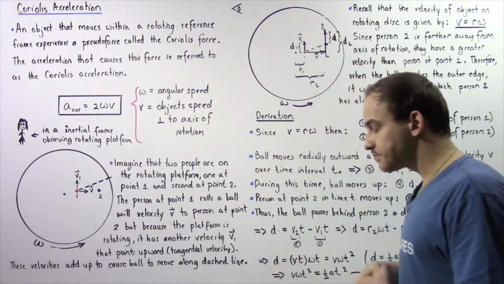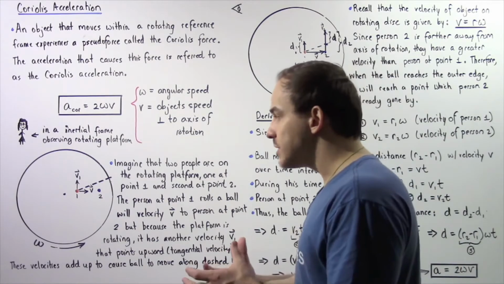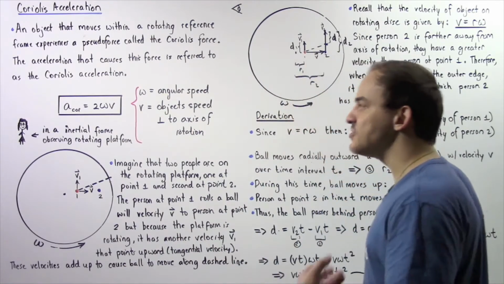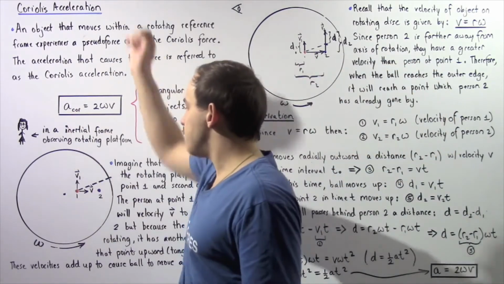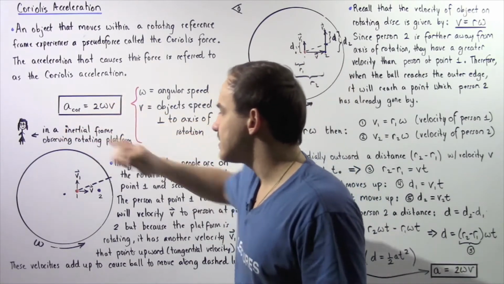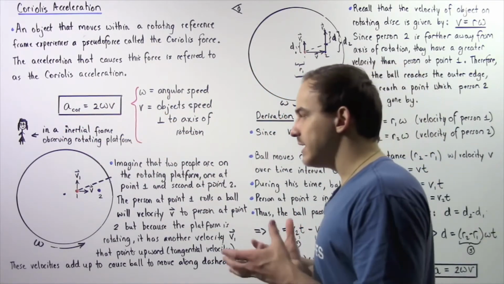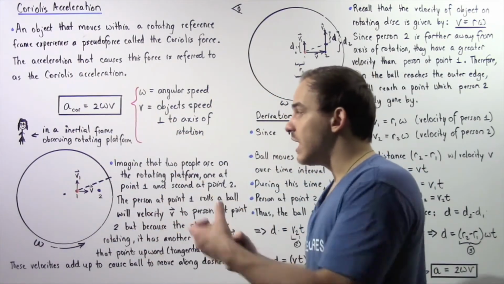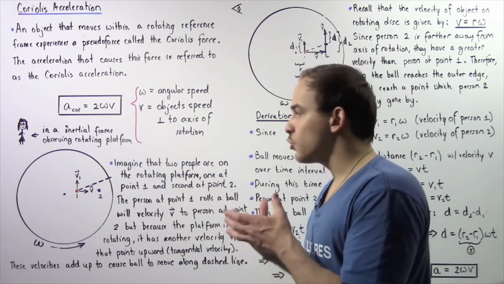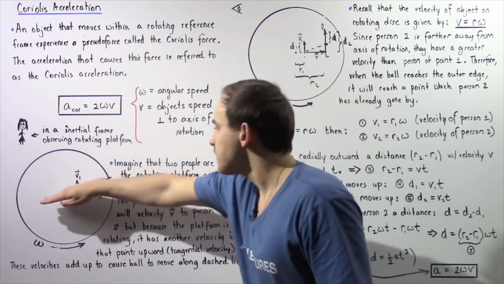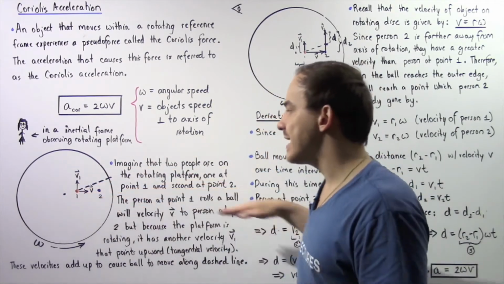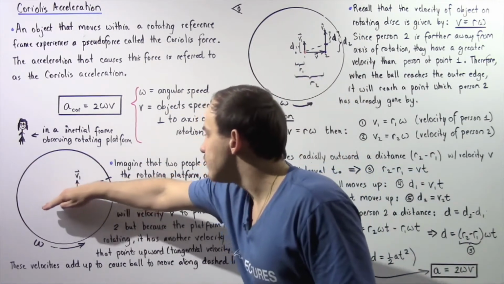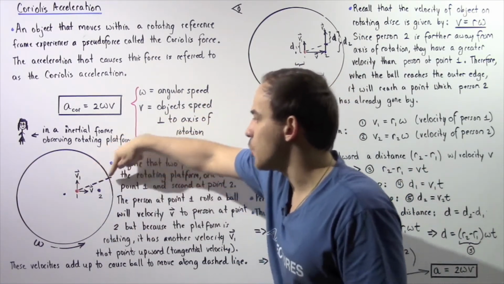given by v1. So because the person and the ball are initially at the same exact position, they have the same exact tangential velocity that points in the positive direction along the y-axis given by v1. So basically, as a result of our velocity along the x and y-axis, these 2 velocities will add up to basically create a velocity vector that points at an angle with respect to the x-axis. And so that means this observer will see our ball travel along the following dashed line as shown by this